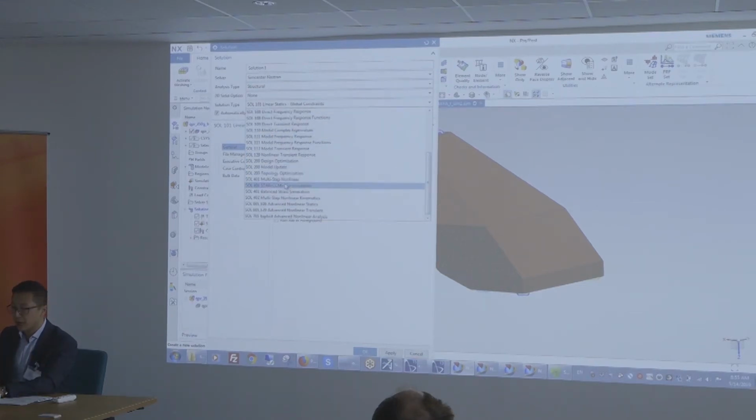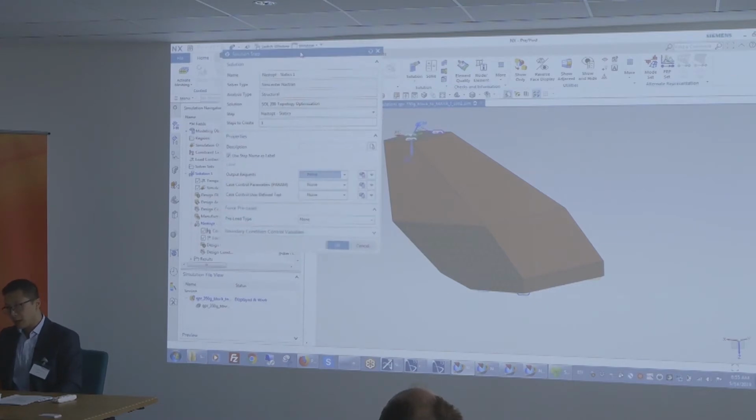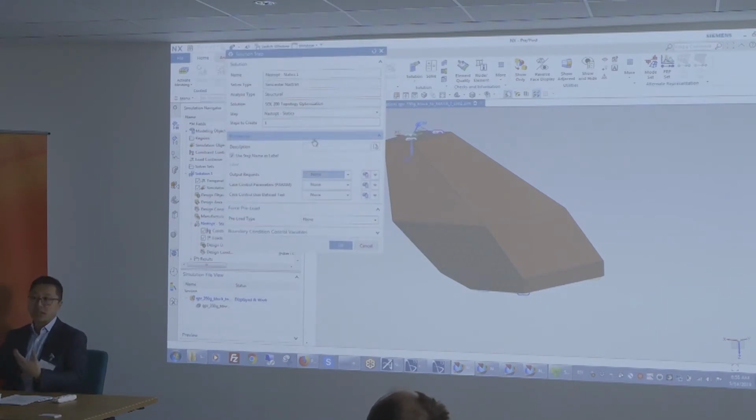So we have Star-CCM+ co-simulation, so if you want to do FSI, we have these portals available. We can do highly nonlinear simulations. But in this case, I'll stick to our topology optimization solution. The reason for all of these is, again, to limit the input that you have to define. So create this, and then naturally for a topology optimization, you need to define some sort of loading,